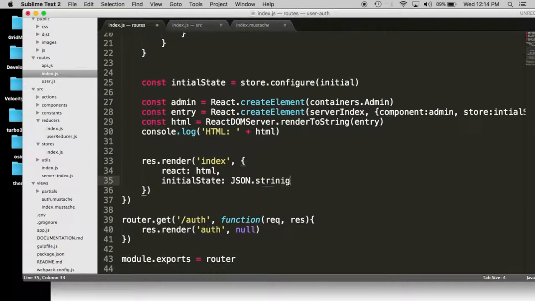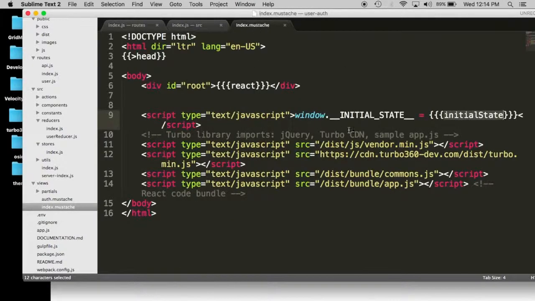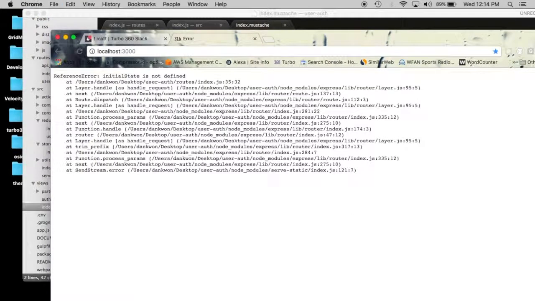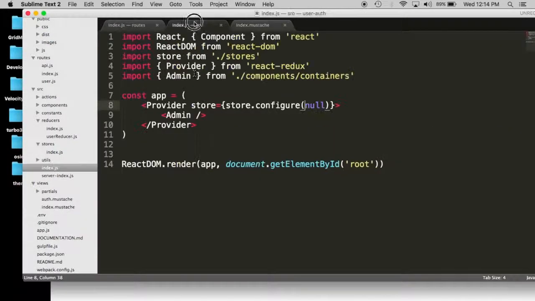And get state, like that. And this function right here just returns a JSON, which is the current store as a JSON object, which we then stringify here. And that's going to be passed into here, which then binds a global variable to the window, which we can access anywhere else. So if I reload this and watch it crash, so initial state is not defined, index line 35,